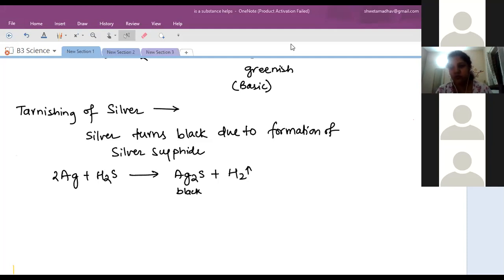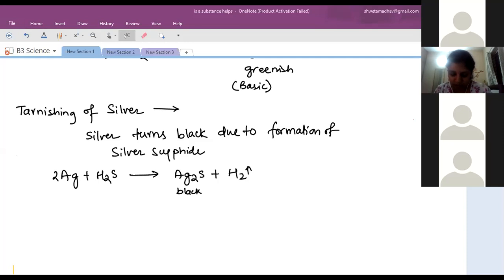Then we can store some food by vacuum packing. We have seen dates. Dates are generally vacuum packed. By vacuum packing, that means all the air has been taken out. Full air is removed from the container, or the plastic in which you are storing the food. So it is completely vacuum. That is what we call a vacuum pack. No air is available, so no oxidation will take place. Clear?